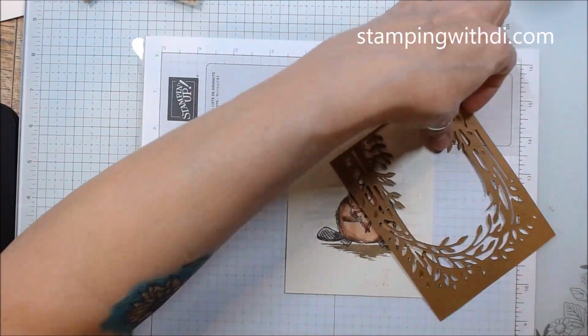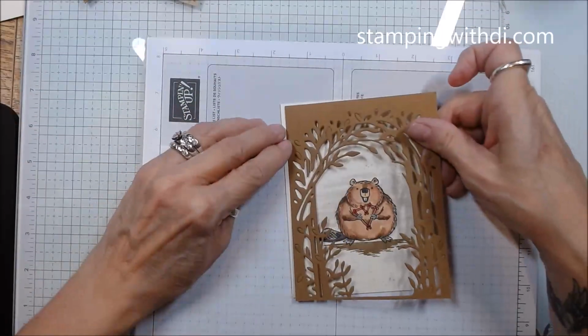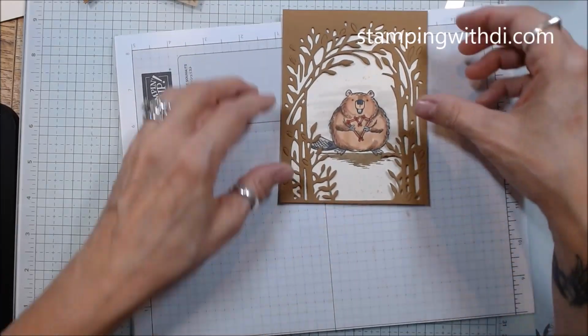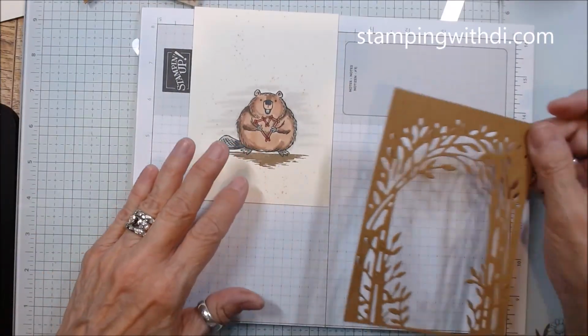Some of these are kind of thinnish. All right, so that's going to be right along the top there. I'm going to do the same thing as I did before, where I'm going to use the card shape itself